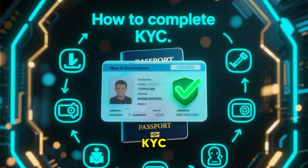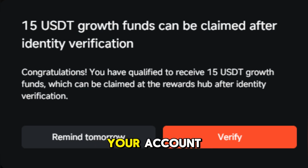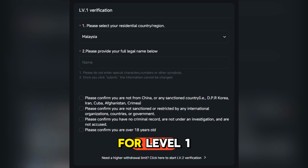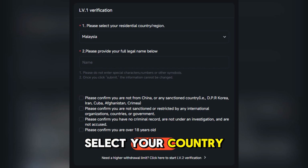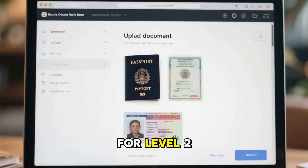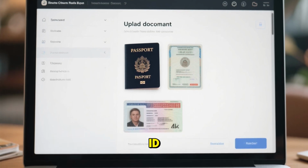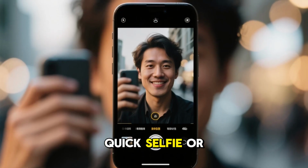How to complete KYC? Next, let's verify your account. Log in and go to Profile, then KYC verification. For Level 1, select your country and enter your full name. For Level 2, upload a clear photo of your passport or government-issued ID, then complete a quick selfie or liveness